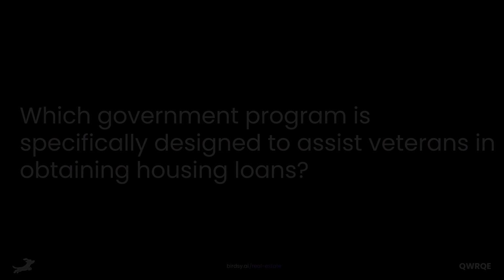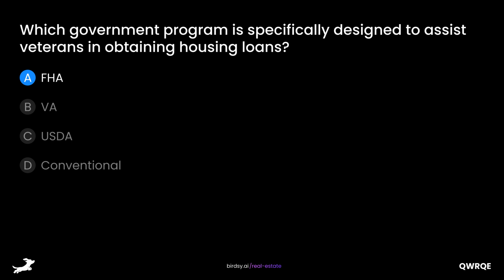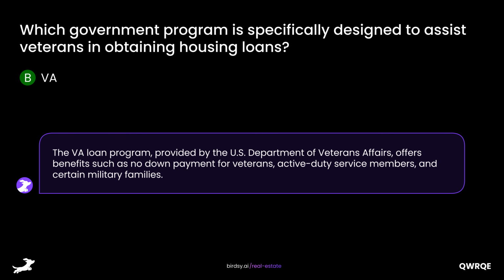expense burden. Which government program is specifically designed to assist veterans in obtaining housing loans? Is it A, Federal Housing Administration, FHA, B, U.S. Department of Veterans Affairs, VA, C, U.S. Department of Agriculture, USDA, or D, conventional? The answer is B, U.S. Department of Veterans Affairs, VA. The VA loan program, provided by the U.S. Department of Veterans Affairs, offers benefits such as no down payment for veterans, active duty service members, and certain military